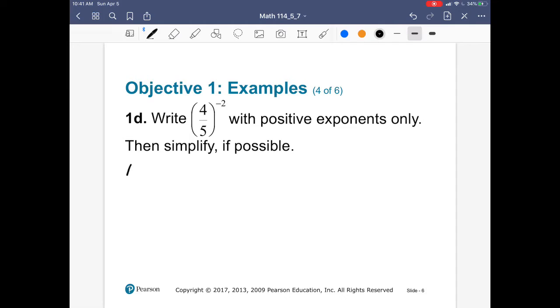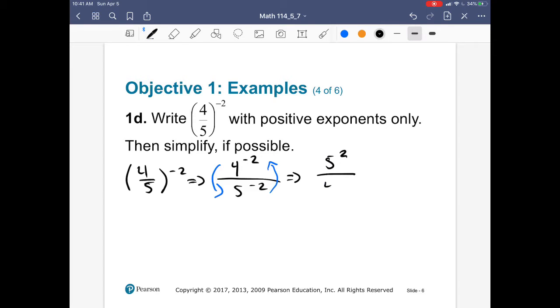So we have 4 over 5 to the power of negative 2. I can distribute that negative 2. A minute ago, we learned that if we have a negative exponent in the numerator, change it to the denominator, and if we have a denominator with a negative exponent, change it to the numerator. So we're going to do that on this one. This one will become pretty much a switch. So we have 5 to the power of 2 over 4 to the power of 2,